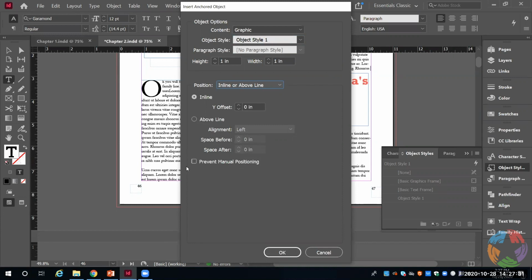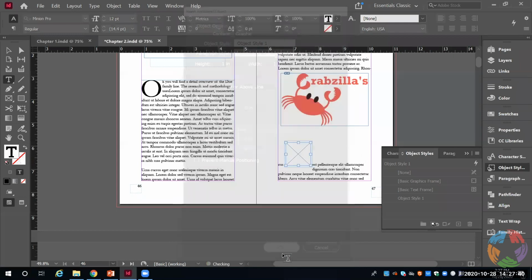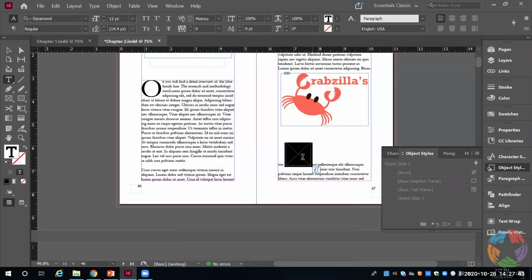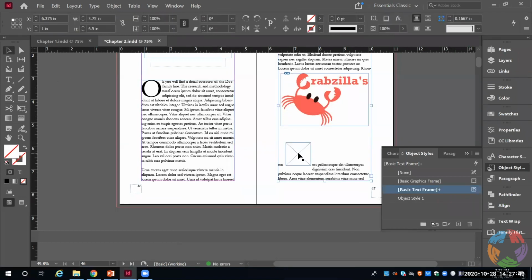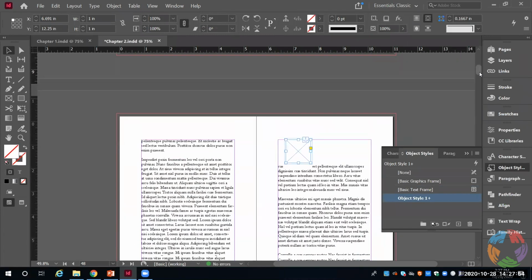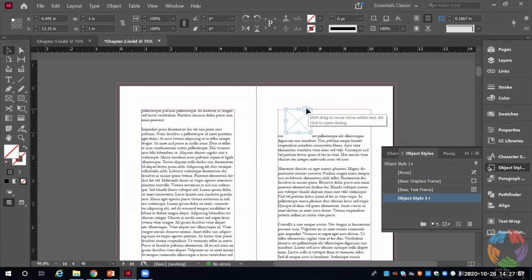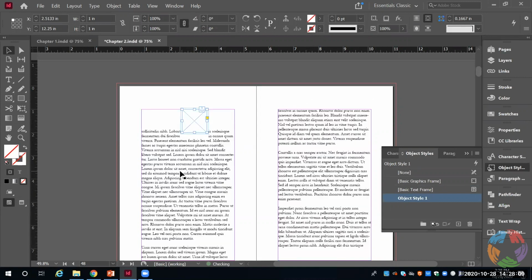And if you want it to stay pretty much where you're putting it, you can prevent manual positioning. I personally like being able to adjust everything I put into a document. So as you can see, it uses that rectangle frame tool to adjust. And I adjusted it. It's probably on the next page now. It is. It is indeed. So by clicking that anchor, as you can see, it popped up with instructions. So shift drag to move in line with text. So shift, and you can actually pretty much drag wherever, and you can actually adjust then your text wrap with it